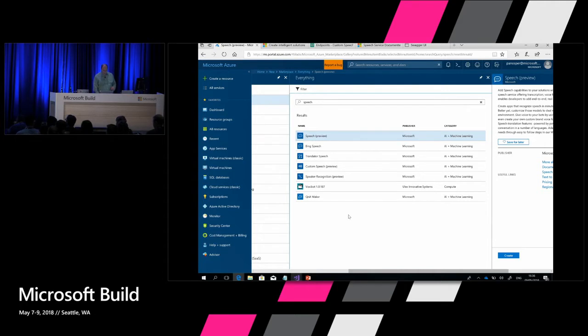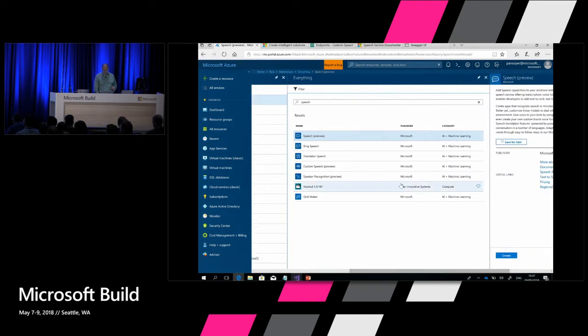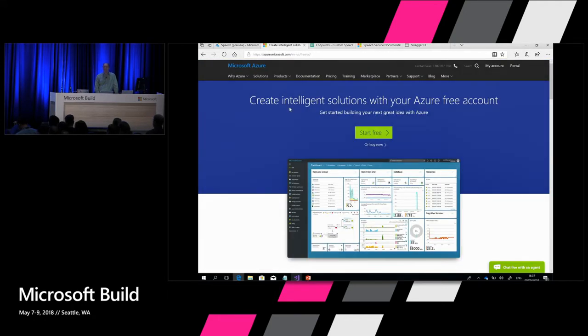Right. So for the keys, if you go to Azure Portal and you create a new resource under speech, you're going to come to this screen. So this is the product that we released on Monday. And this is what I would urge you to use from now on when it comes to doing transcription, text-to-speech, translation, or speech translation, I should say. And there is a key for people that do not have an Azure subscription. All you have to do is go to azure.microsoft.com